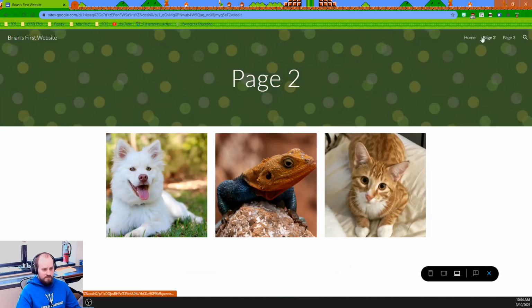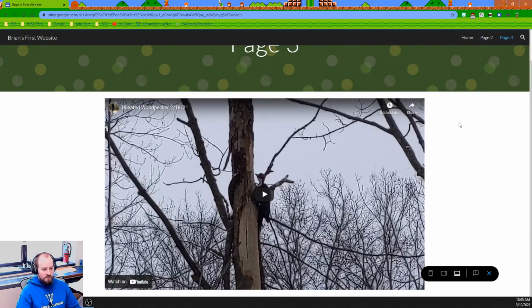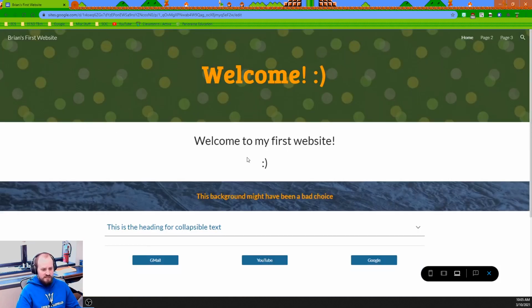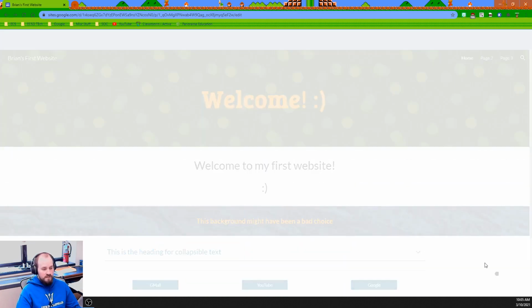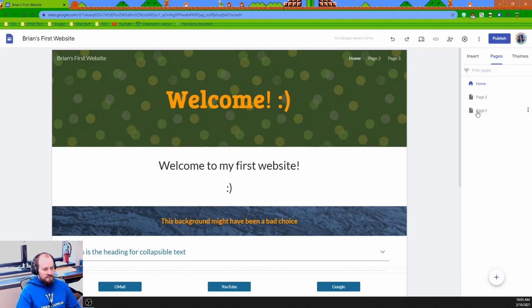Page 2 has these animals. And notice this navigation at the top works everywhere. Page 3 gives us that video of the woodpecker. All right, so that looks pretty straightforward on making our pages work. Now let's go back. All right, and let's say that I want to make another page to be a subsection